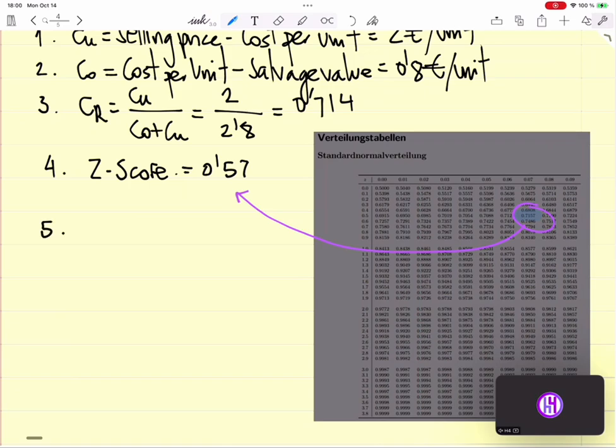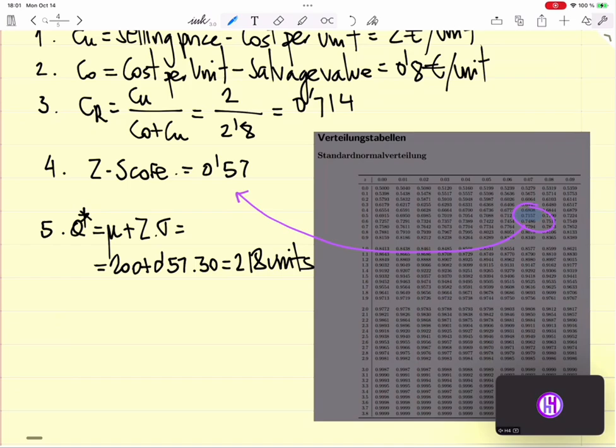The fifth step is to say, okay, Q star is the mean value plus Z times sigma. So it's going to be 200 plus Z 0.57 times sigma 30. Going to be somewhere around 218 units. So, are we cool? Anybody has questions? So, we should order, not sell, order 218 units each day